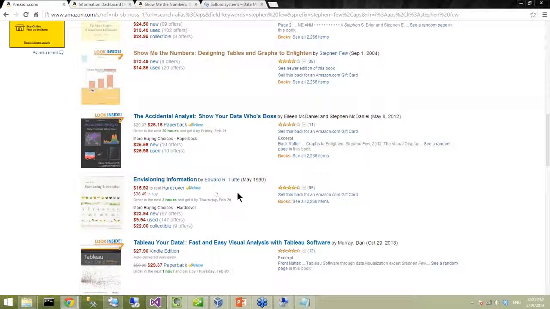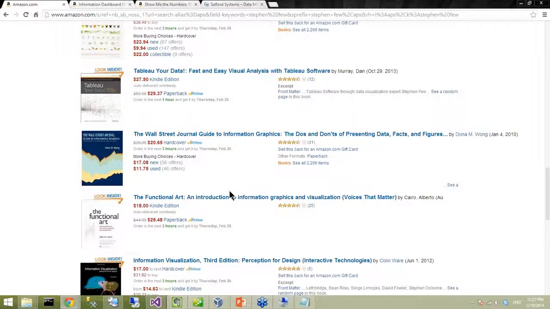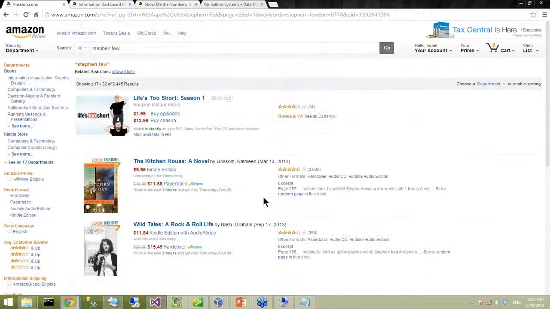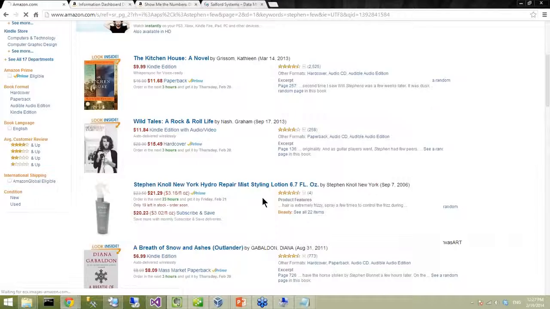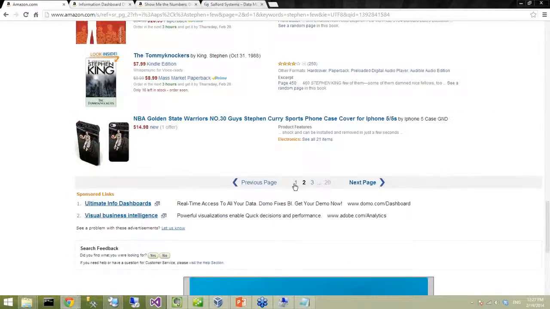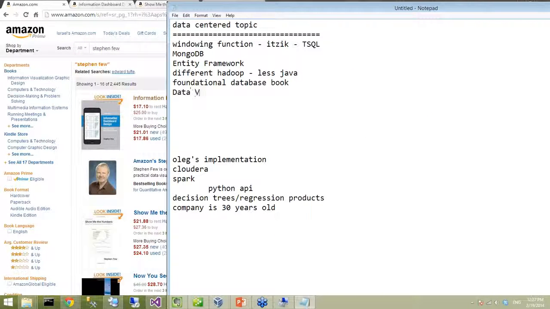He and Edward Tufte are considered the leaders in this, so it might be fun to read some of those books. Let's add that here, data visualization.